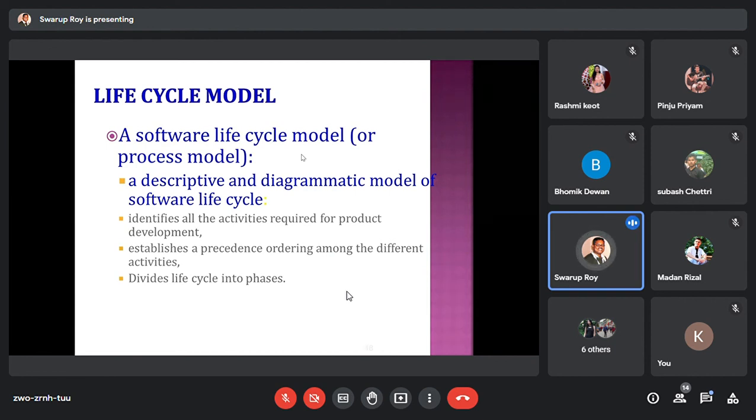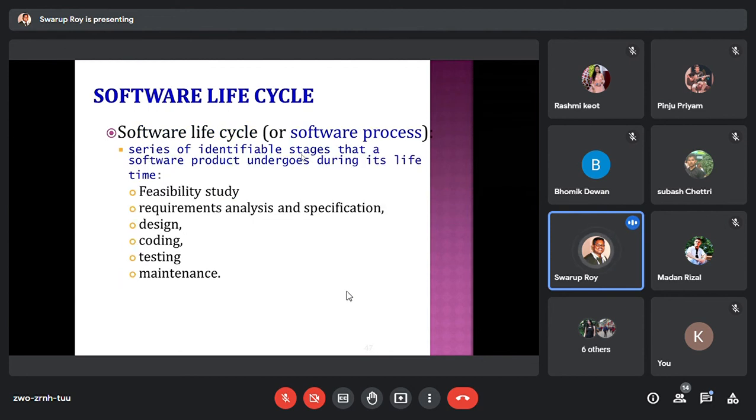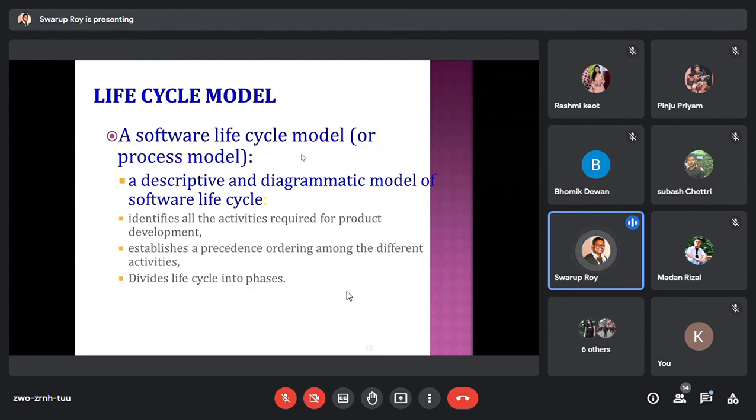Formally, if I define what is a software life cycle model, there are different models available for a life cycle. That means different styles. A company may follow one type, another company may follow another type. So they can adopt any particular style, which we call a model. It is basically a descriptive and diagrammatic model of the software lifecycle.